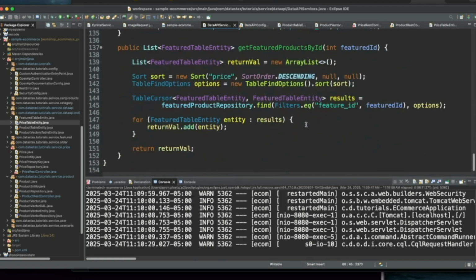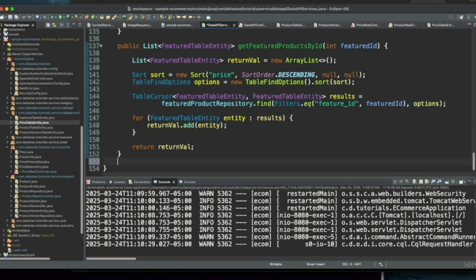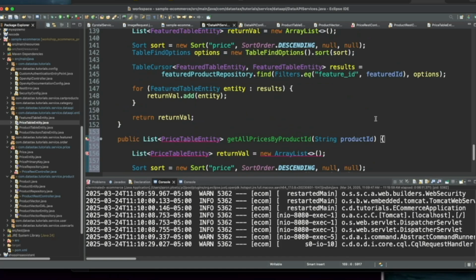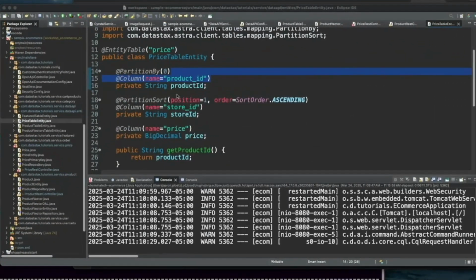And if we scroll to the bottom, let's go ahead and say public list price table entity, and we'll say get all prices by product ID. That'll be with a string of product ID. And actually, one little modification I need to make here is that the column is actually named value.